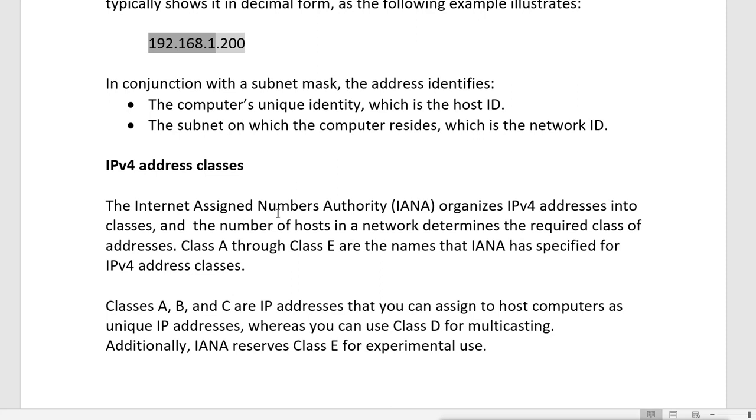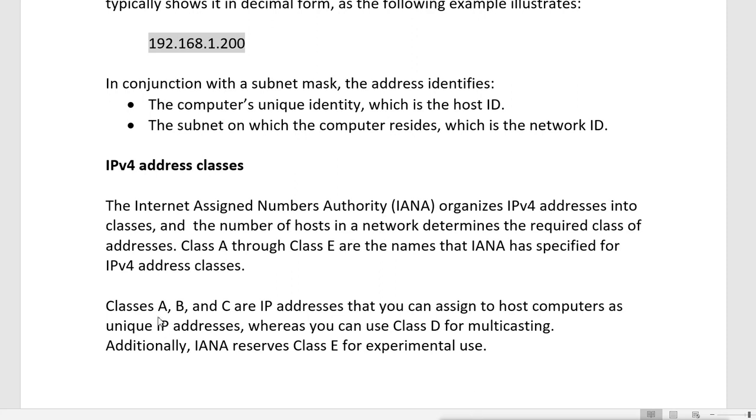So they divided and designed the IPv4 addresses into classes so that we can define how many host addresses are there in one network. One network means where the network part is the same, and the host part means the host address. Every machine gets a unique host address. So they defined these classes to divide the number of hosts available in a particular network. And we have different classes from A to E.